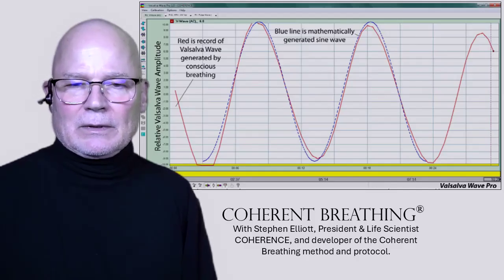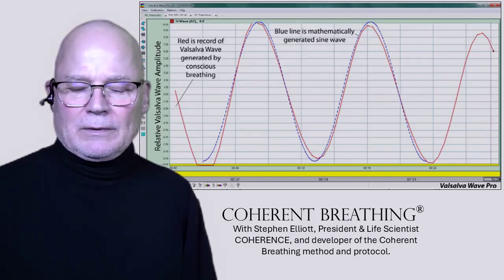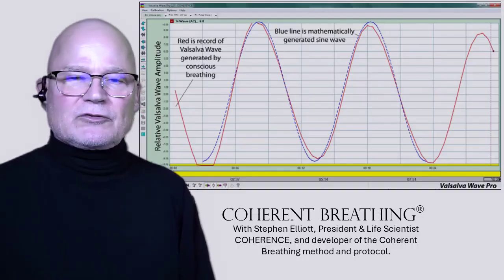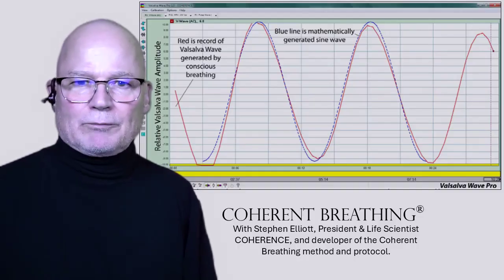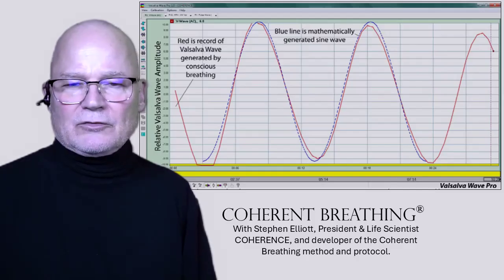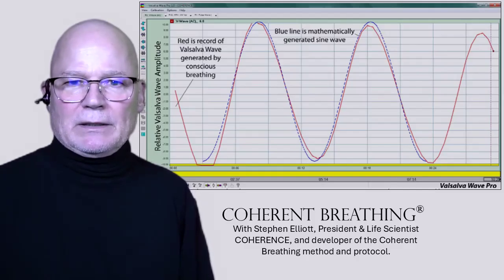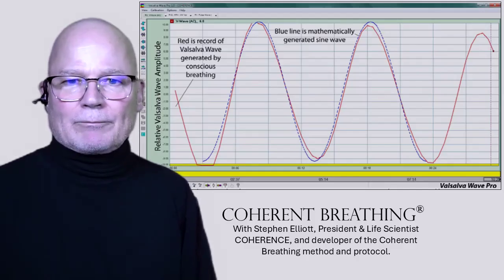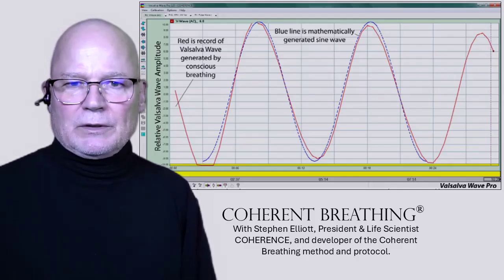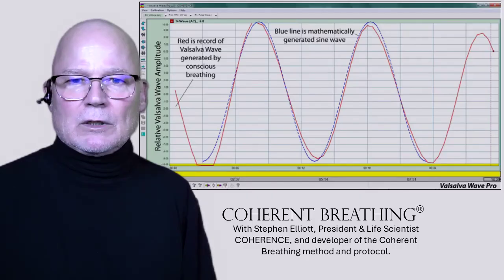And I breathed along with that sine wave using Valsalva Wave Pro. That is the red graph showing the blood volume changes in my earlobe as I am breathing along with the adjuvant signal generator signal. So here we can see that they are almost identical,